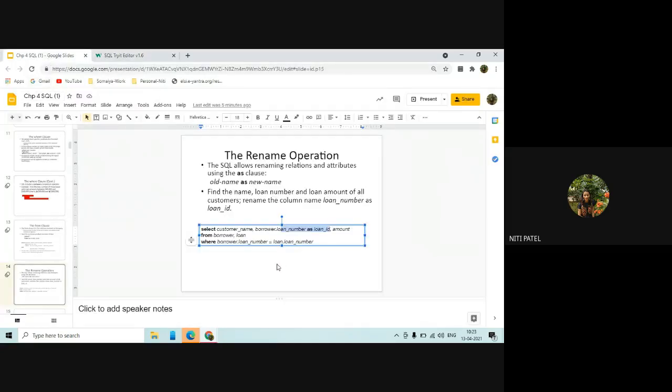Okay. अच्छा. Yes. Somebody was asking me कि ये borrower dot loan क्या है? See, मैंने from में क्या किया है? 2 टेबल सिलेक्ट किए है ना, borrower और loan दोनों भी. Yes or no? Yes, ma'am. अगर दोनों टेबल में कॉमन कॉलम नेम है, लोन में भी लोन नंबर है और borrower में भी लोन नंबर है, so how will I differentiate between both of them? I can differentiate both of them in the select by writing the table name first, followed by the column name. Understood? So what will this line do? It will appropriately select loan number of borrower only and not of the loan. Why? Because I have written borrower dot loan number. ठीक है?